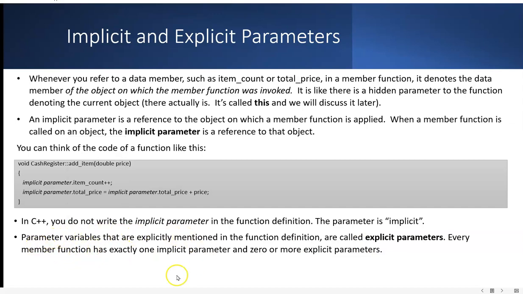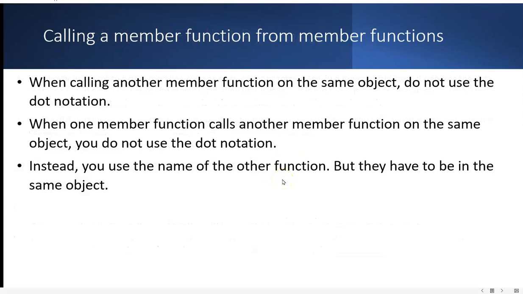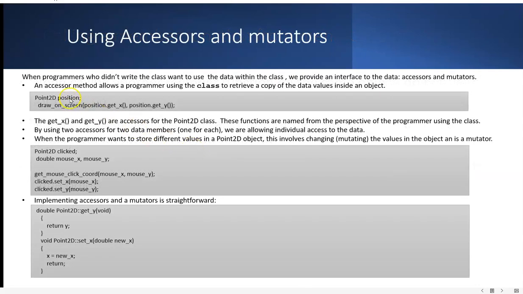Parameter variables that are explicitly mentioned in the function definition are called explicit parameters. Every member function has exactly one implicit parameter and 0 or more explicit parameters. When calling another member function on the same object, do not use the dot notation. You don't need to. When one member function calls another, you instead use the name of the other function, but they have to be in the same object. So, for example,